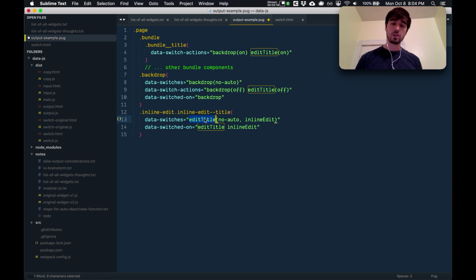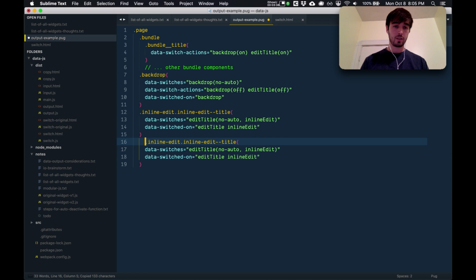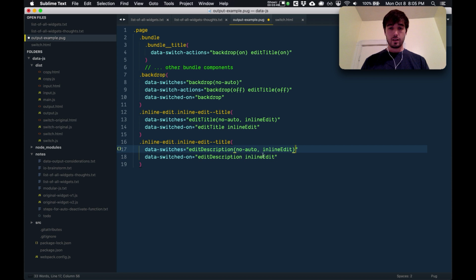And the edit title switch in this example also has an alternate name. And so when this is turned on, it's going to get 2. It's going to get the edit title and it's going to get the alternate name. And like I said in a previous video, this alternate title is going to allow us, if we have, say, multiple inline edit elements, say this one's called edit description, then it's also going to get the inline edit name applied to it when it's activated, which makes it so